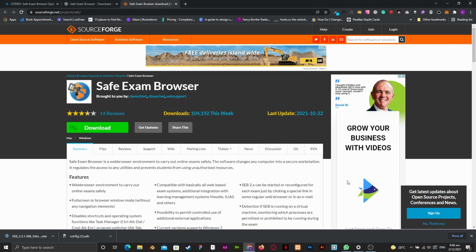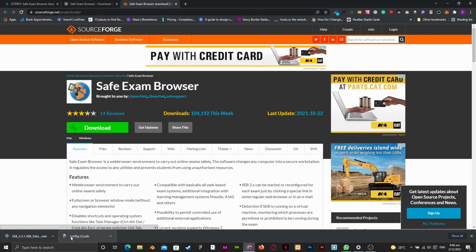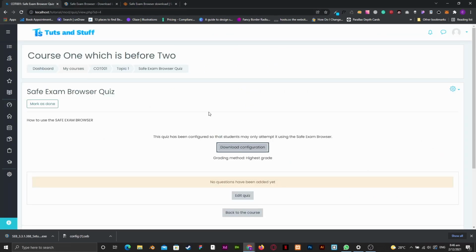Once it's finished installing, we then open the original config file that we have downloaded from the quiz area. Now once it's opened, it's going to completely lock out everything. I'm not able to record to show you that it has begun, but once it's brought up, you'll be greeted again